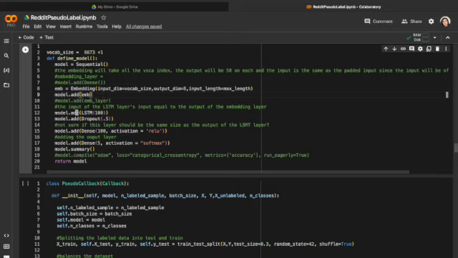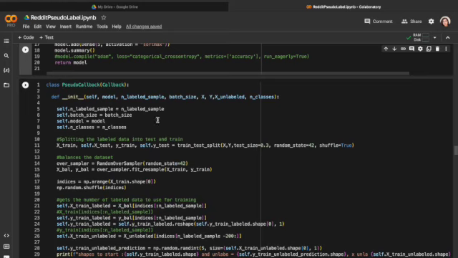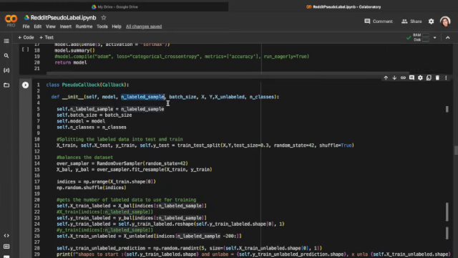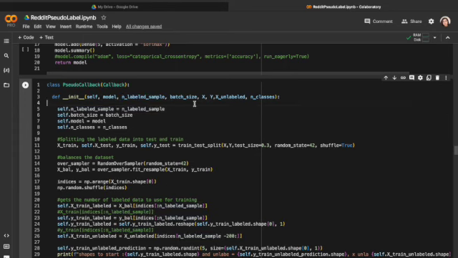We add a long short-term memory layer of 100 nodes, add a dropout layer of 0.5 probability, add a dense layer of 100 nodes, and finally an output layer of 5 nodes at the end, with a softmax activation function. Okay, so first this function will take the number of label samples, similar to what the paper said that it used. It first trained with a certain amount and then with another amount.